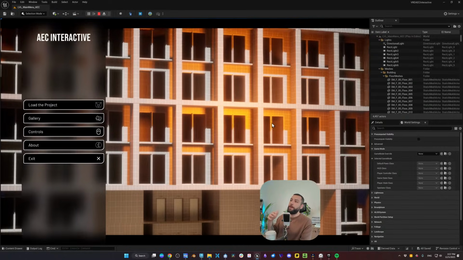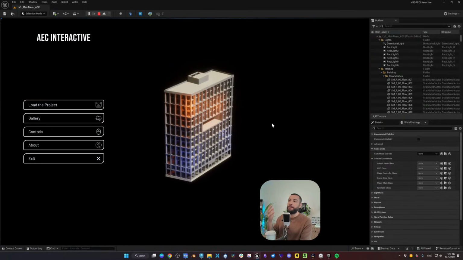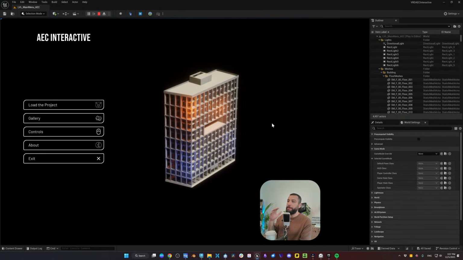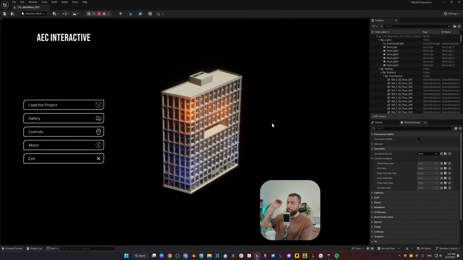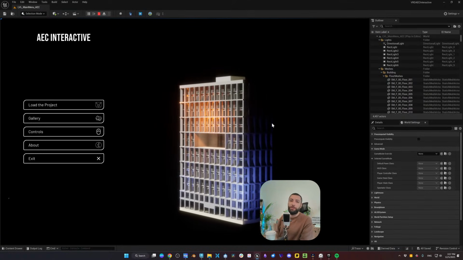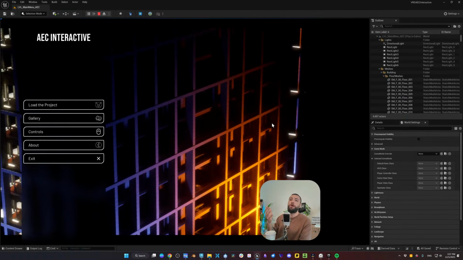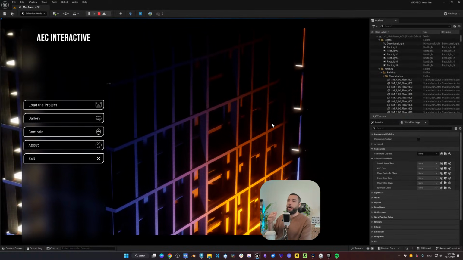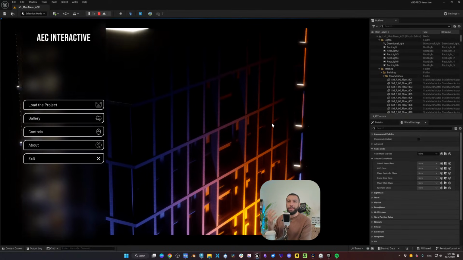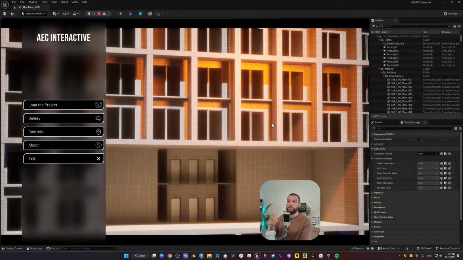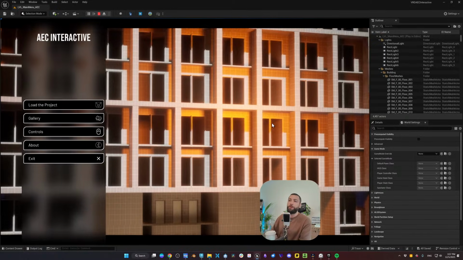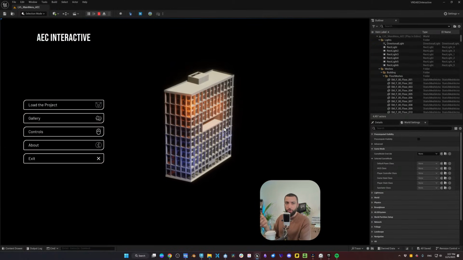My goal is to have a template where you can simply import your projects, spend an afternoon at max, and your project is good for interactivity. From exploring from multiple points of view, to having teleportation, to add mini-maps, to have points of interest, to take pictures, and so on. So we will explore what this template can do together.